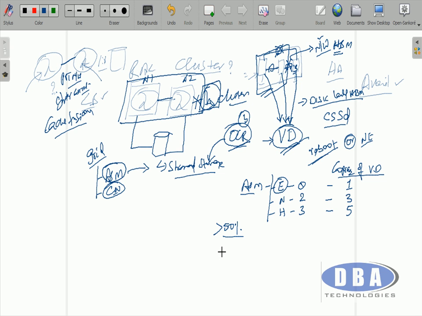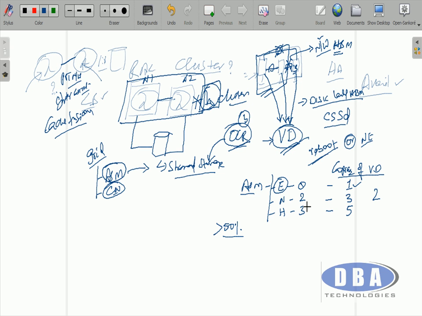So when we have one copy of the voting disk, that is accepted. Let's say for example, why not 2? If I keep 2 and 1 goes down, I have only 1 left over. 1 is not greater than 50%, it is like one disk itself. Your cluster will stop functioning if that goes down.